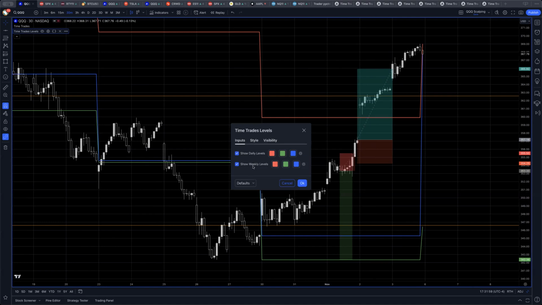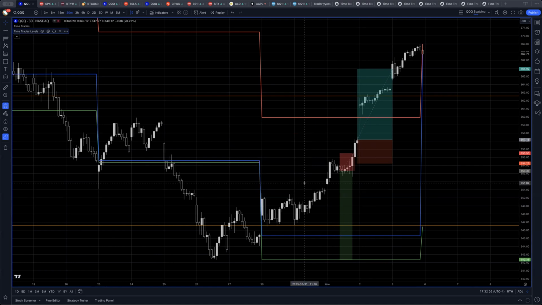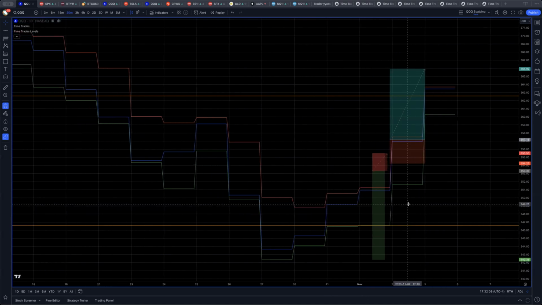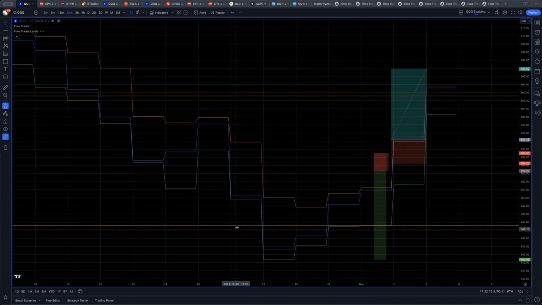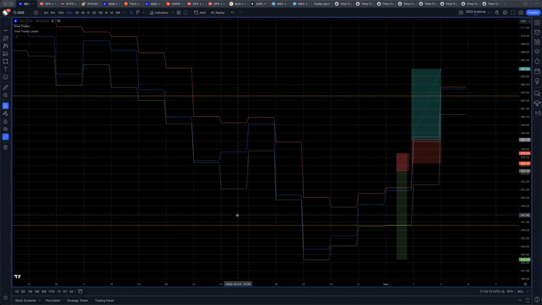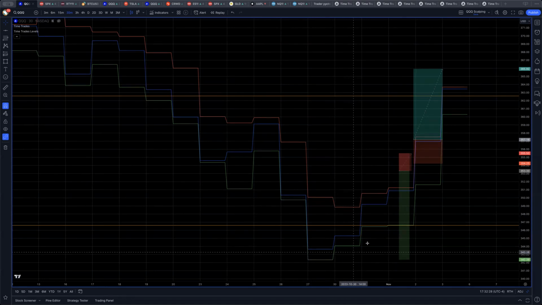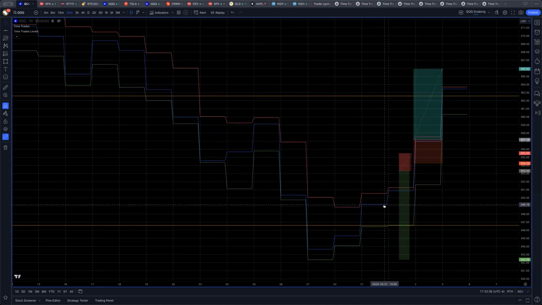Another little trick about time trades levels that I want to share with you is if we just turn on the daily levels, let's turn off weeklies for now, and then hide the price candles, you can actually see something really interesting here. You can see how it's actually a lot easier to spot pivots when you've got, for example, a close on the lower part of a daily range, and then an inside day where the daily range is entirely within the prior day's range,